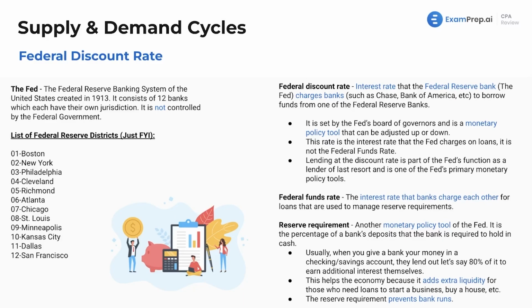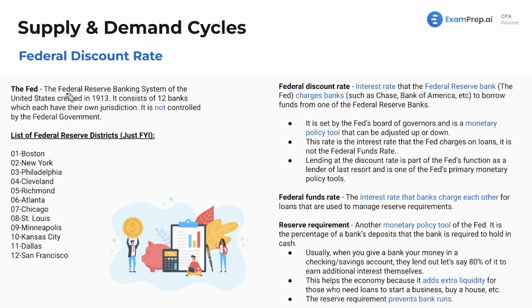When we talk about the Fed, let's start here. The Fed, also known as the Federal Reserve, I'll call it the Fed. It's much more abbreviated. It was created in 1913. Now, it is not controlled by the federal government. This is something that people get confused by. It's not like the president can say, "Hey, Fed." I mean, okay, maybe they can in reality, but on paper, how the government's supposed to run, the Fed is independent of the government.